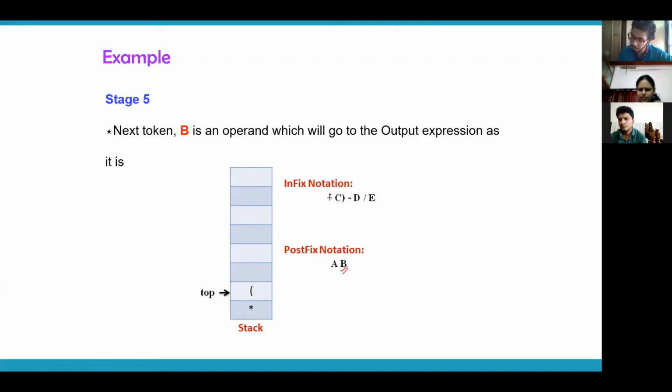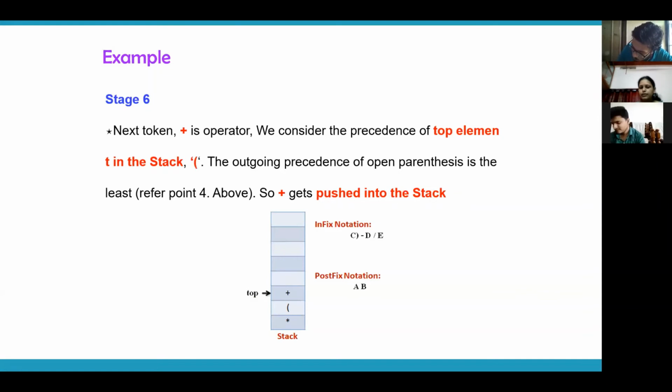Right? Next, who is this? This is an operator. Now you have to be careful. You have to go and check the precedence of the person on the top of the stack. Who is on the top of the stack? The wife, that is, the left parenthesis. When the wife is on the top of the stack, no problem. The doctor will say to his wife, see, I have another patient to attend to, I want to take him or her inside. So plus will come inside because the person on the top of the stack is the wife, not another doctor. So there's no problem. Plus has come inside.